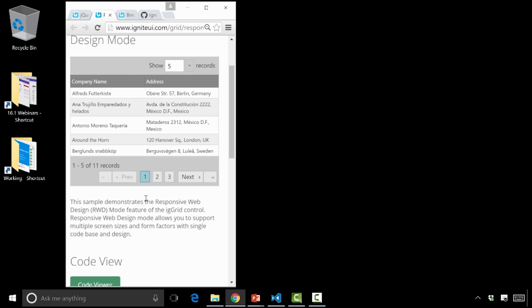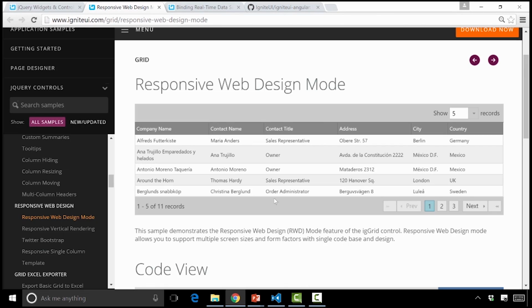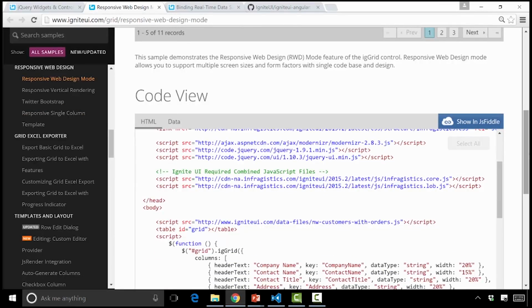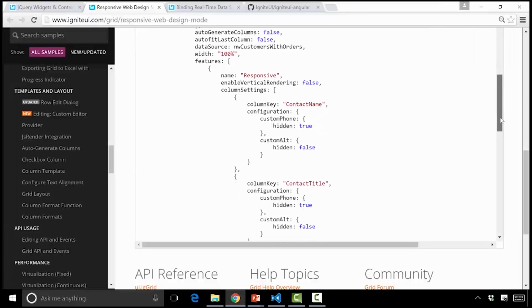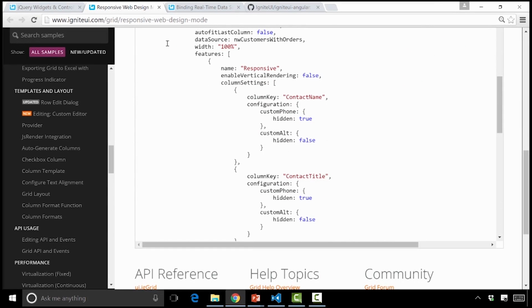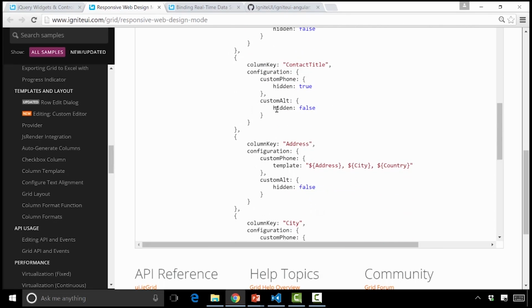So you'll notice that we have the features property in Ignite, and all we're doing is basically saying if this particular screen size is hitting the breakpoint for a mobile phone, show or hide this column. And then down here, if we hit a certain breakpoint on a mobile phone, we want to use a custom template. So we want to take some of those fields and just bind them into a custom template. As the screen resizes, it's super easy for you to reconfigure it. And that really gets to the core of that modern web